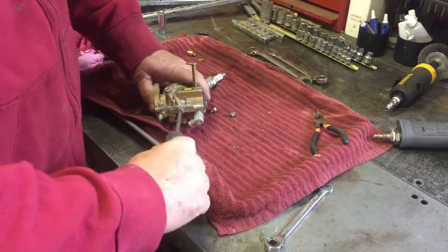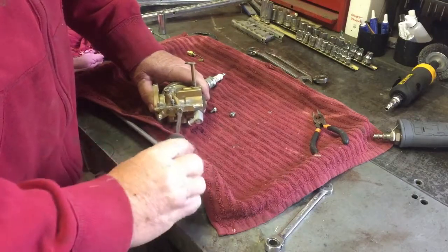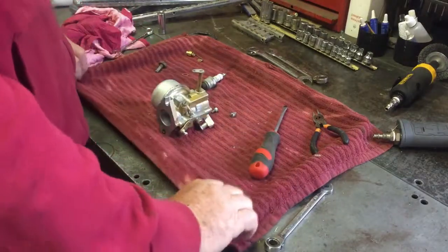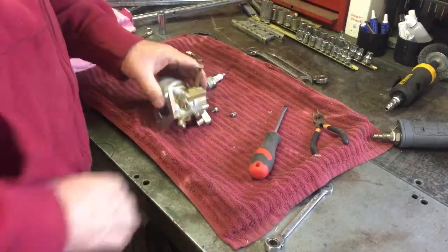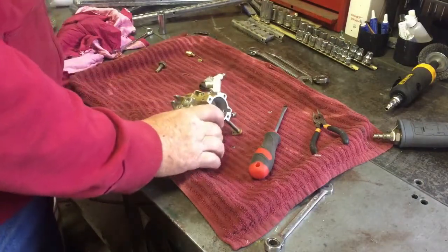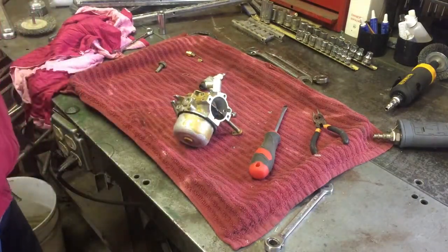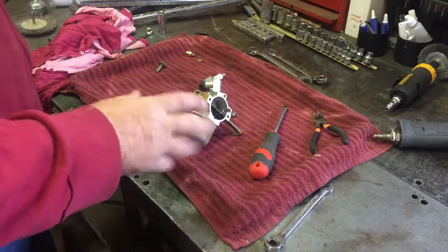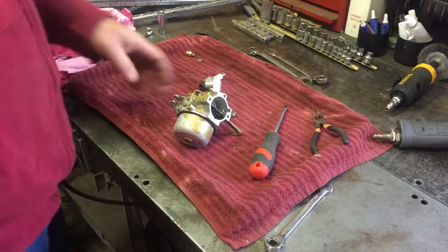And then we'll back it out 2 turns. That should be roughly what I've found out. I got a manual on it, and I've got a parts manual on it, but everything is obsolete. The generator was from the '77, '78 period, and